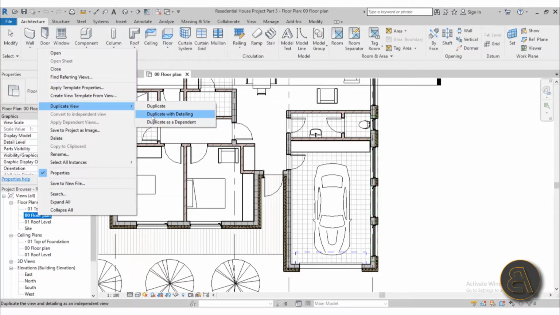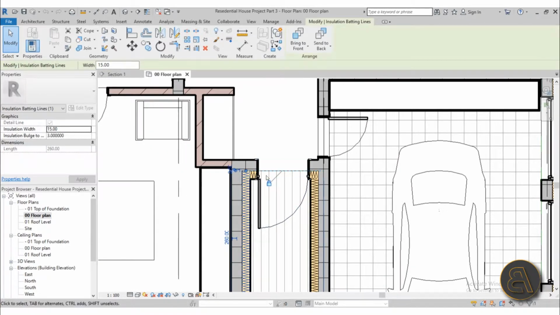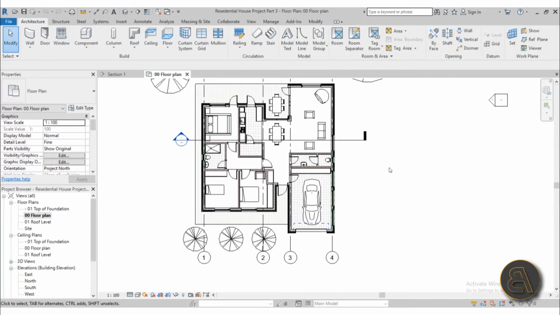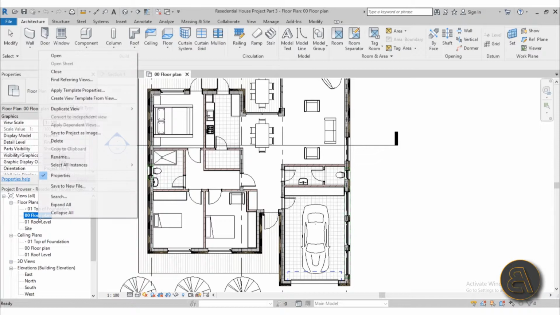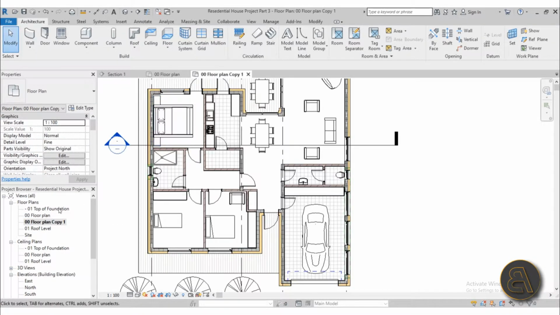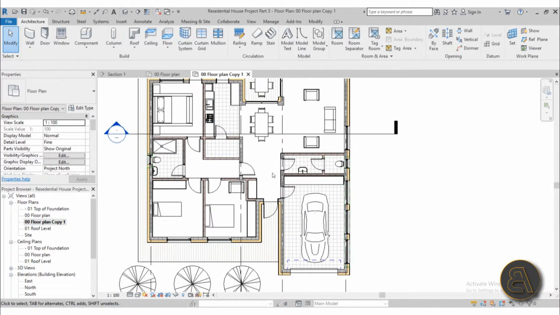But if I go here, duplicate with the detailing, it's going to take the detailing as well. So what's detailing? Well, detailing is all of those lines like these batting insulation lines that were added later on and things like that. But in this case, I don't really need that. So I'm just going to right click over here, duplicate view, and let's just duplicate. And there we go, we've got another floor plan, and as you can see, I don't really have that insulation batting lines. And actually what I'm going to be doing is just go here and set the level of detail